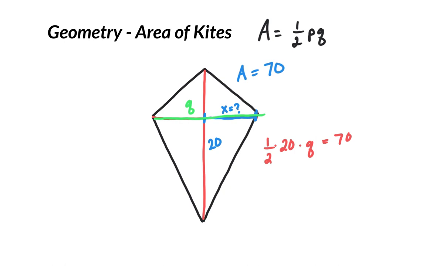So we could say, well, 1/2 of 20 is 10, so 10Q equals 70. Divide both sides by 10. Q is therefore equal to 7. But the question wasn't what is the diagonal, it was just what is that one portion, x. Well, that's always half of the diagonal, so x is equal to